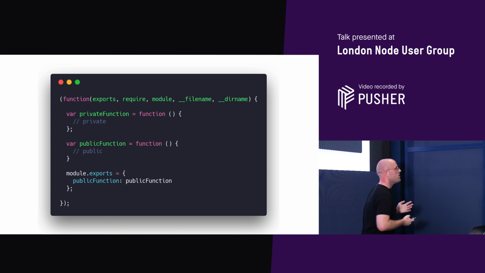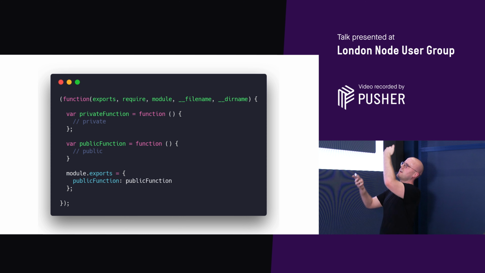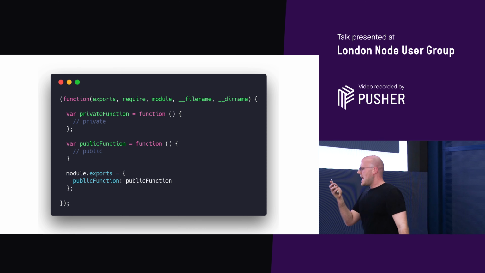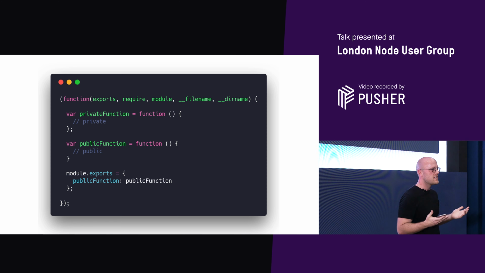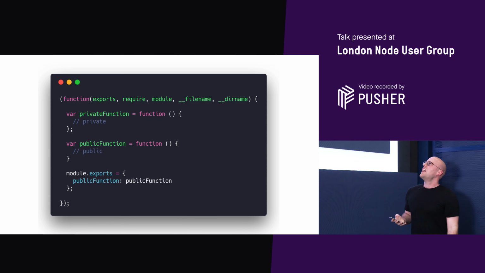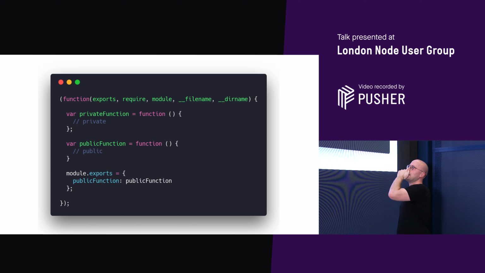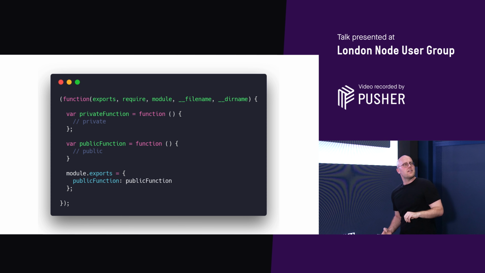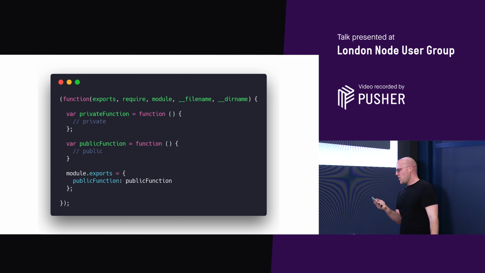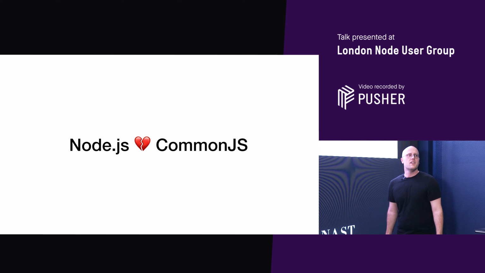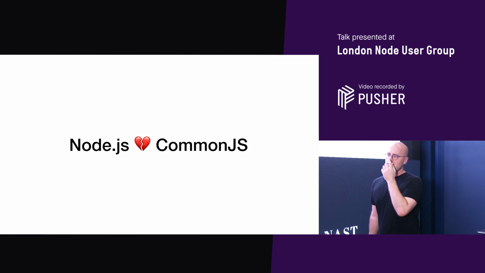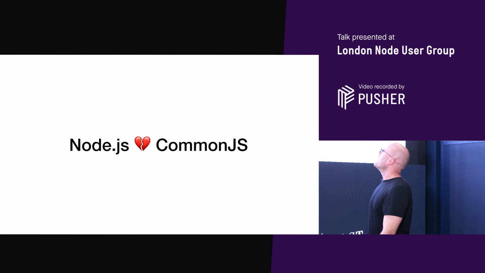CommonJS was actually more than just this module pattern, where you block out the first and last lines. They also had a disk API that was all specified, a network API, and the big thing was it didn't actually have async I/O, which meant that Node.js ended up kind of falling out with CommonJS. If you try and find out what's happening with CommonJS at the moment, you'll see that it's pretty dead.